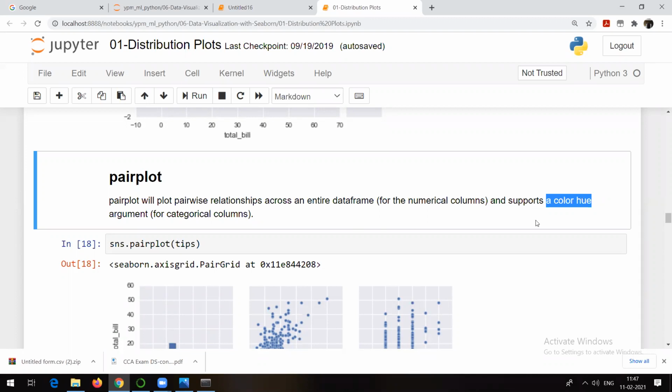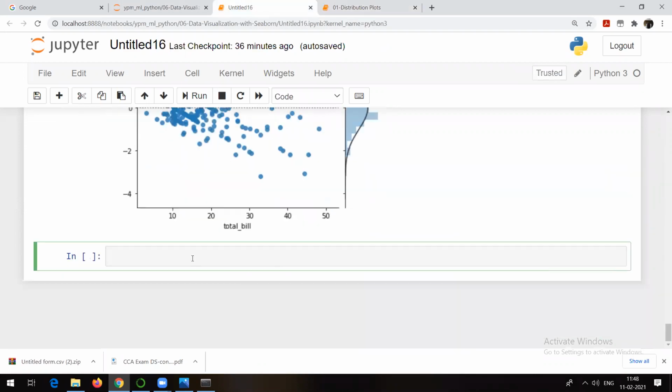So you can make use of pair plot for that type of data also, but you need to make use of a parameter called hue. We will see that. Let me first of all plot a pair plot for our data set. Tips is the data set which we have imported. So what I will do is sns.pairplot. Here I don't have to give any x value or y value. I will directly go and give the name of the data set itself, the complete data set.